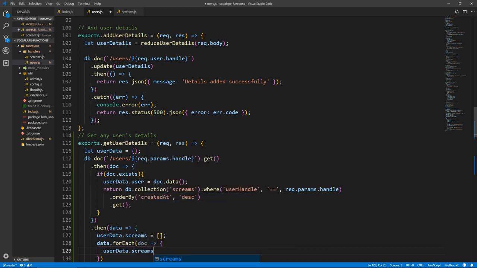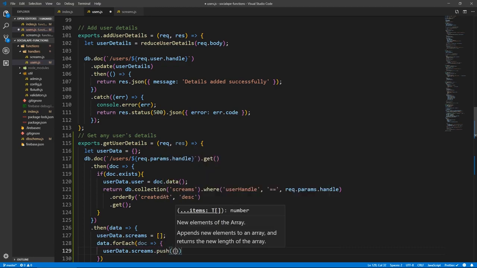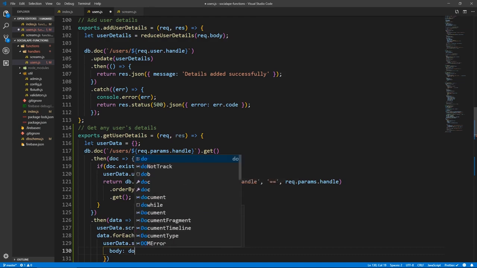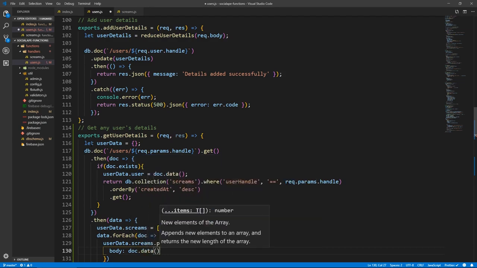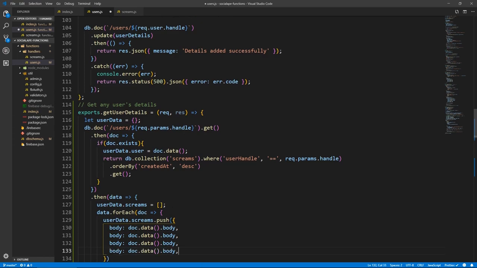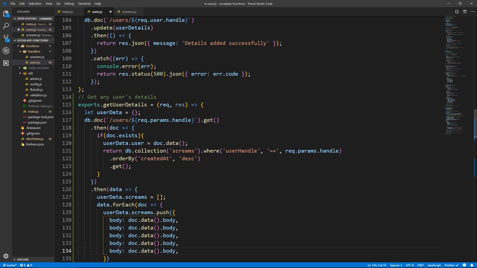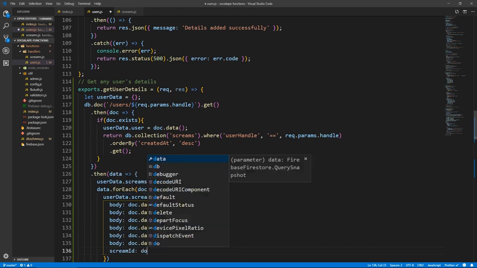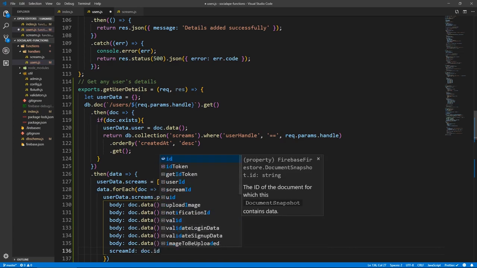Now here we could just push the data, but we need the ID as well, so we need to do .screens.push, and we create a new object, so we need the body of the screen, doc.data().body, and let's copy this, and so we have createdAt, userHandle, userImage, likeCount, and commentCount, and here we have screenId equals doc.id.